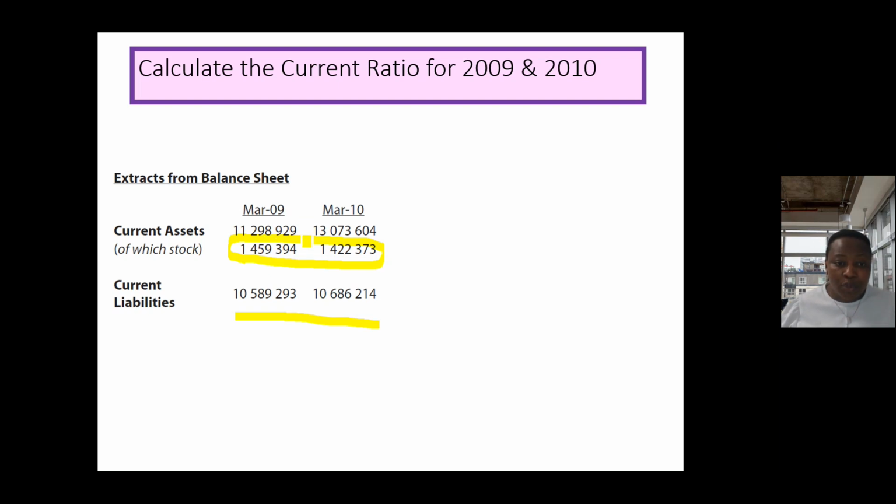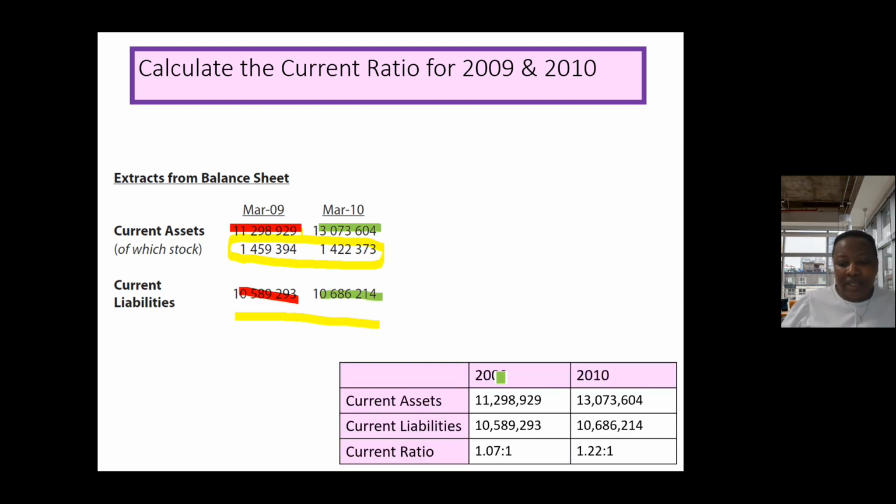For 2009, we'll pick up the current asset figure, and we'll divide it by the current liability figure. And for 2010, all we need to do is pick up the 2010 current asset and divide it by current liability. And what does that tell us? We would have current asset this, current liability this, we'll have